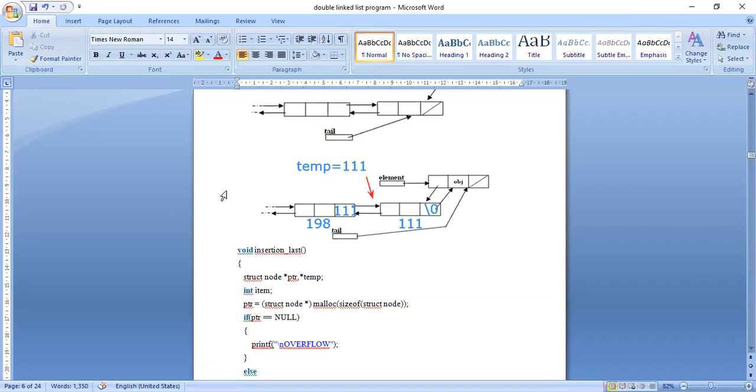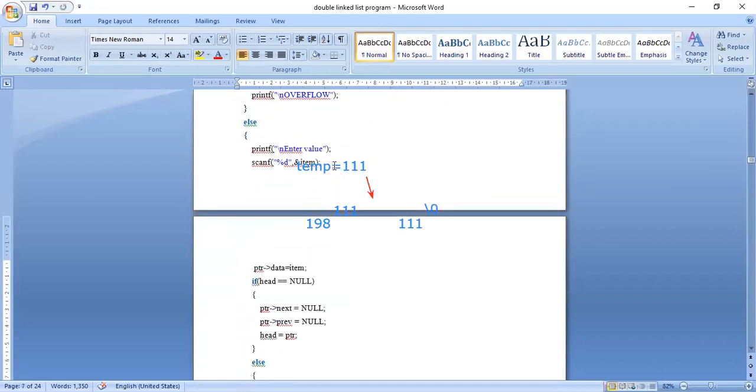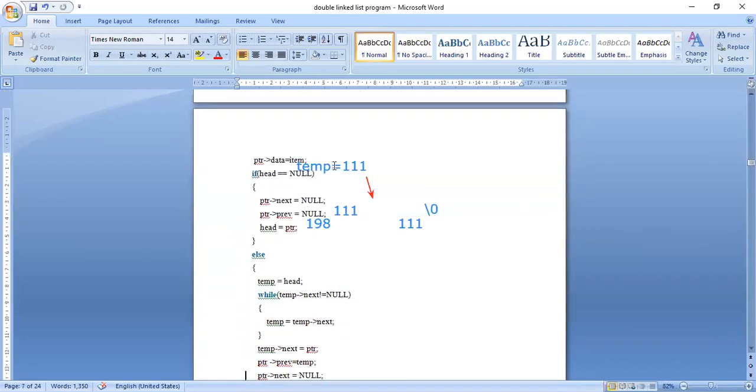I will be traveling from the first node to the last node. Okay, so that part is nothing but the traveling. So this part is over.